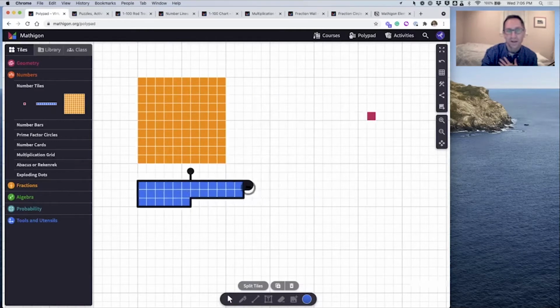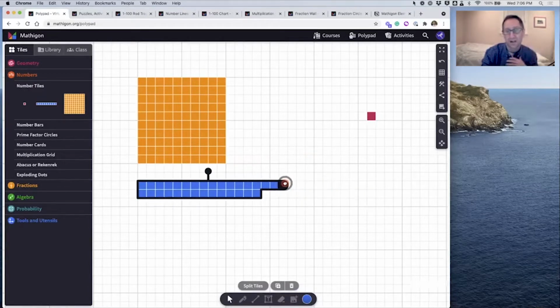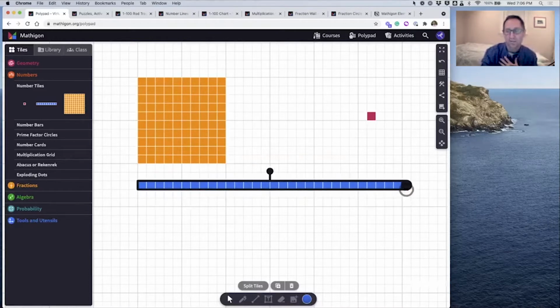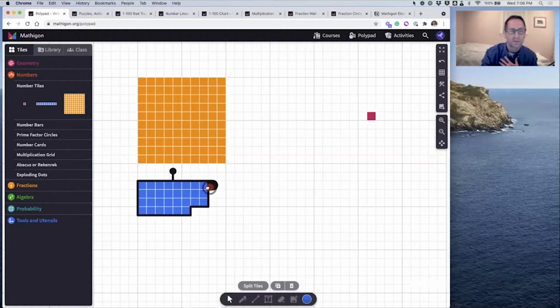And when I do that, this black handle comes up. And if I click and drag that handle, Polypad takes those 30 tiles and puts them into different rectangular arrays of 30. So there's 30, there's 2 times 15, there's 3 times 10. Certainly 4 doesn't go into 30, but what I like to do with students is stop here and say,